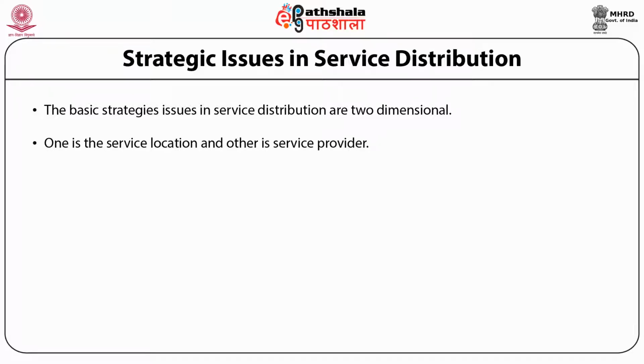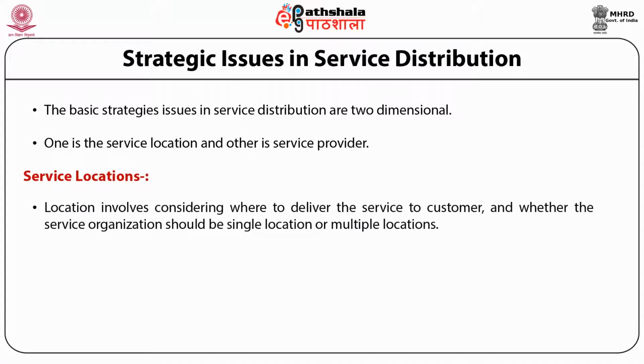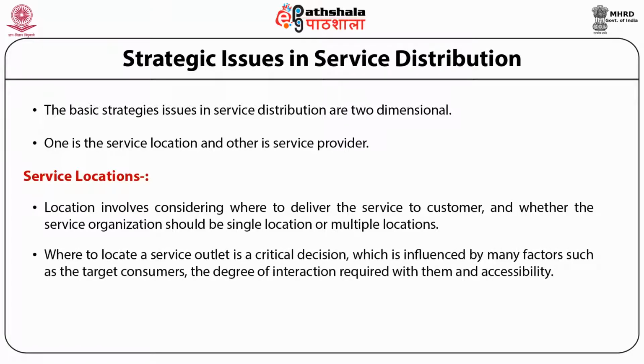The first strategy which we need to understand is service location. Location involves considering whether to deliver the service to the customer and whether the service organization should have a single location or multiple locations. Where to locate a service outlet is a critical decision which is influenced by many factors such as